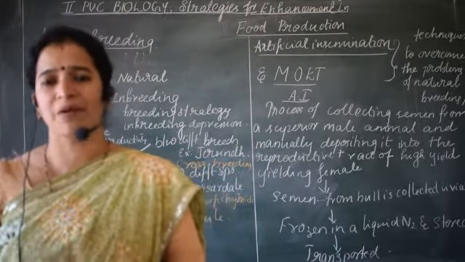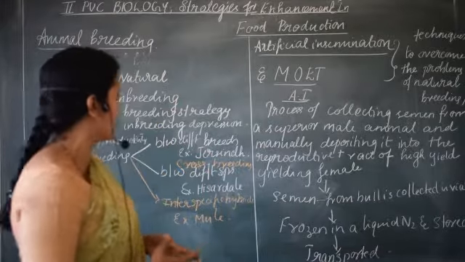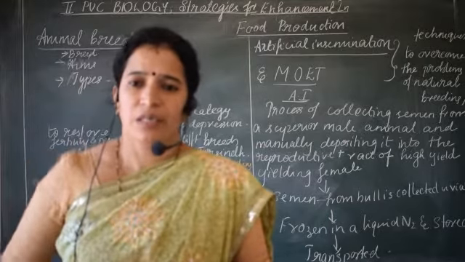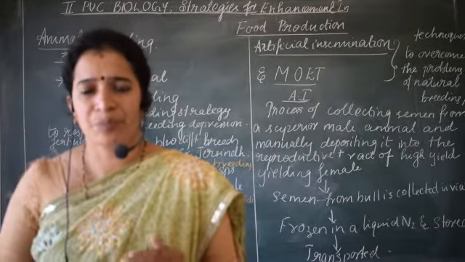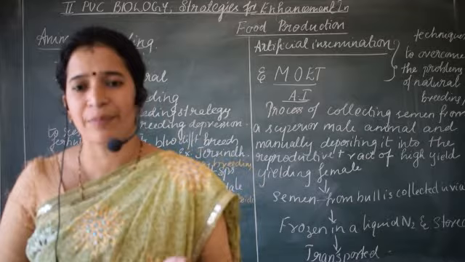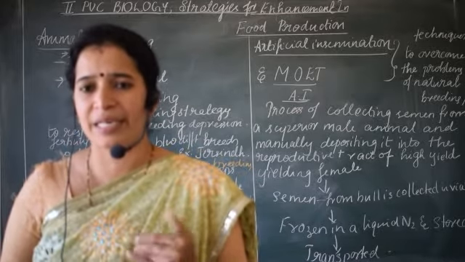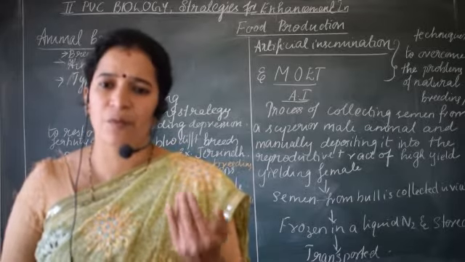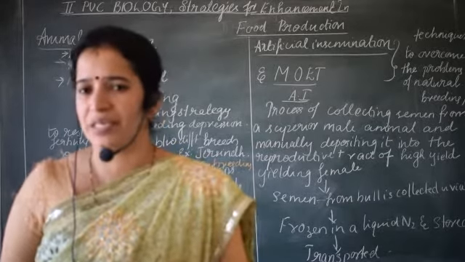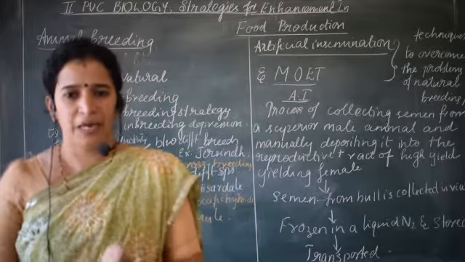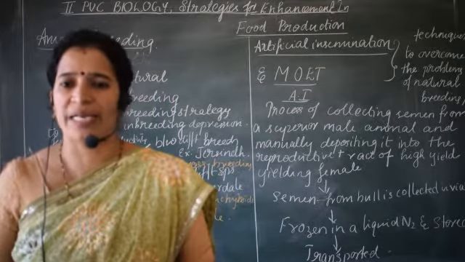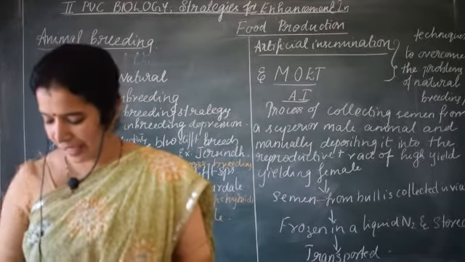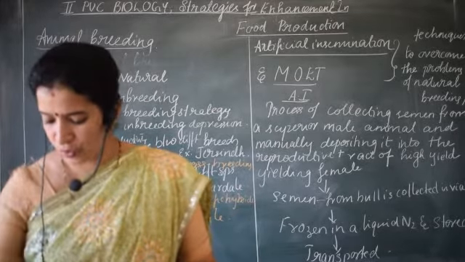The aim of this breeding strategy, or of animal breeding, is to increase the yield, with expression of the desirable qualities and elimination of the undesirable qualities. When it is done for many continuous generations, there is a chance of hiding those superior qualities also. That can lead to a decrease in yield. So what is that?